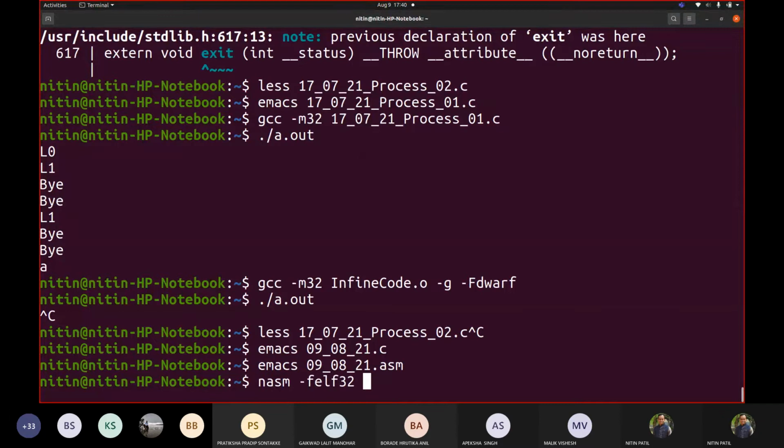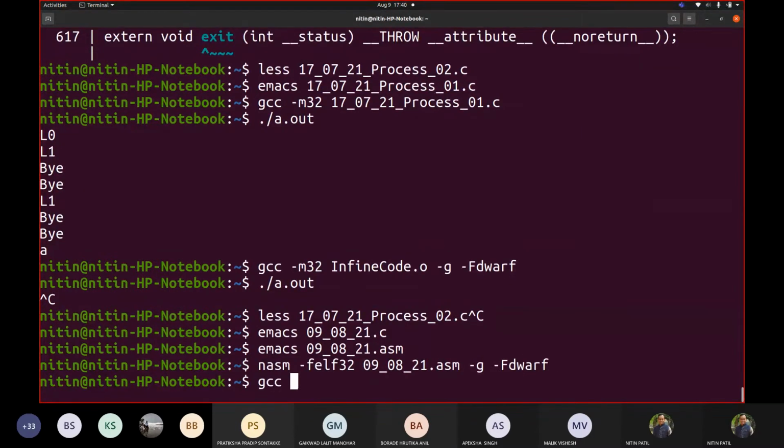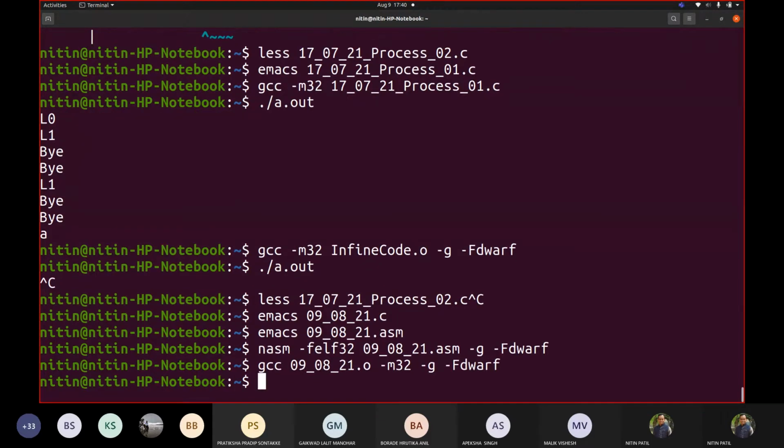Let us try to compile this code with gcc, using -m32 -g, and then let us execute this.